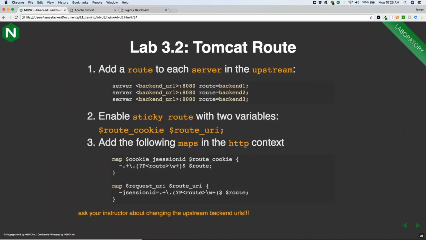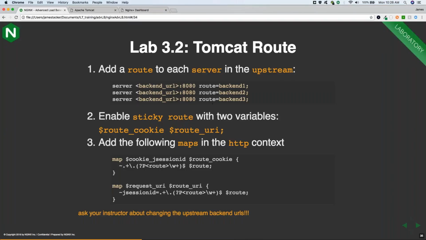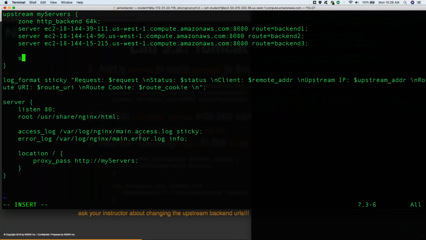I'm going to do all these changes all at once. So then we're going to add a route to each of the upstreams, so I'll do that first. So up here at the top, this will be route equals, and I did this in order, so make sure you copy the backends in order. This is going to be route equals backend 1. This is going to be route equals backend 2. Route equals backend 3. And then the next thing, we're going to add the sticky route parameter. That's going to be at the bottom of the upstream. So we'll do sticky route, and this will be route cookie